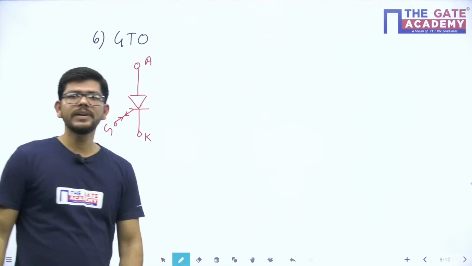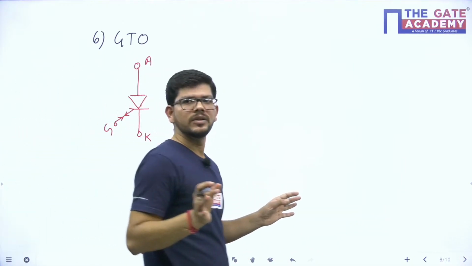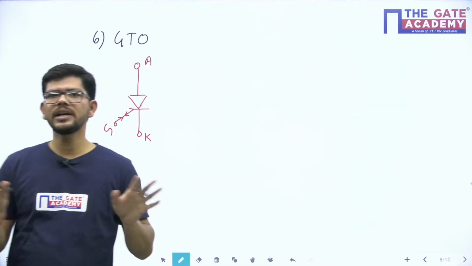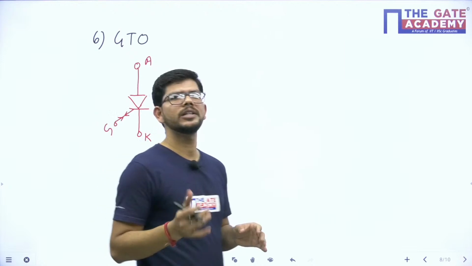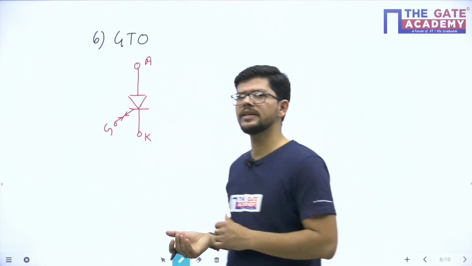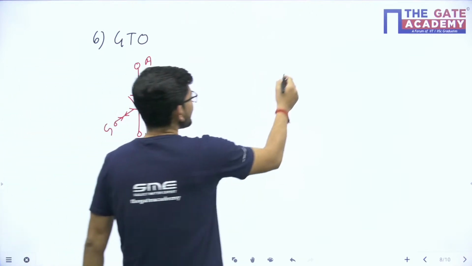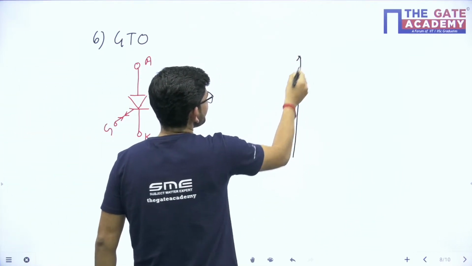In case of SCR, we can only turn on the device by the application of gate pulse. We cannot turn off the device by the application of gate pulse, which is the case here. We can turn on as well as turn off the device by the application of gate pulse. So if I talk about the VI characteristic of GTO,